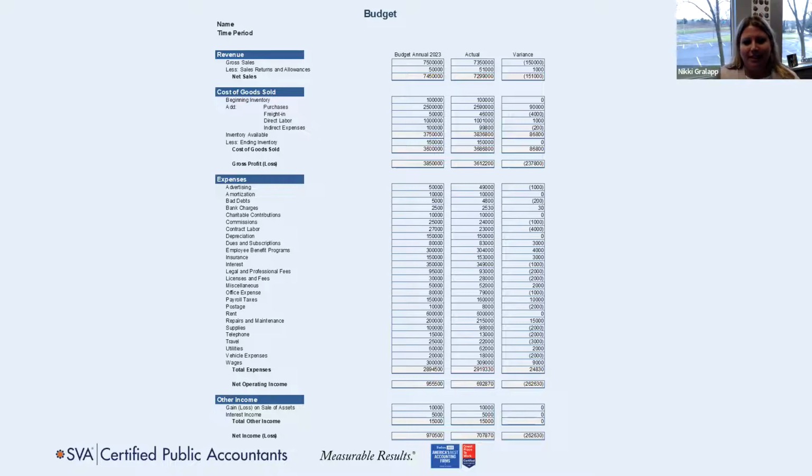So just to do a budget and not to use it, is it really worth anything? So it got you thinking about where you want to go and your goals, but it's not helping you say, am I achieving those? So if you look at that variance and you say, okay, my sales are down, my cost of goods sold are up, well, there's a problem right there. Typically our cost of goods sold move along, they're variable with revenue. So then you're able to make decisions on, do I need to increase prices? Do I need to go through and cut expenses? But if you're only looking at it annually, it's too late to make changes to make sure that you're meeting your goals.